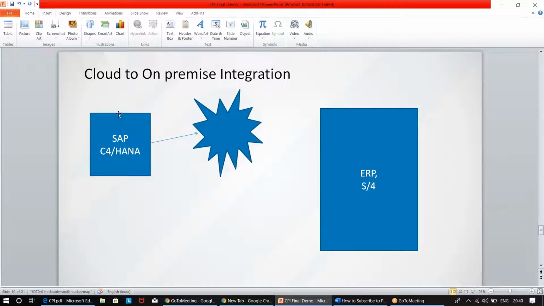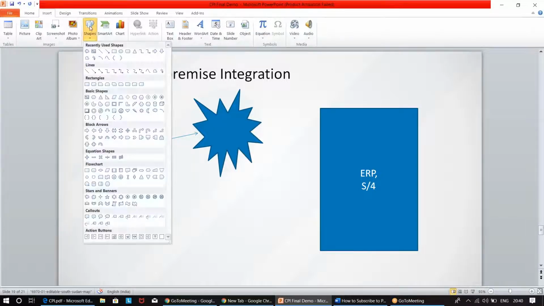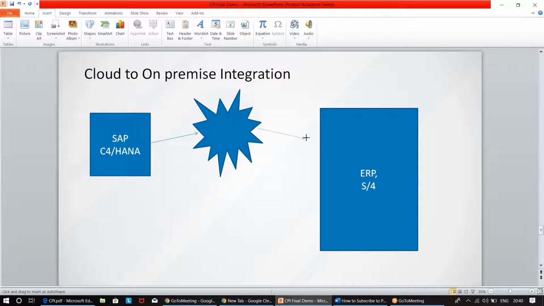Okay, so right now let me just draw this particular bit. In this particular case, SAP definitely is again a champion, because they know exactly how their systems are built. They know how we can easily expose the data in terms of your SOAP or your OData, or in case you have IDocs, because CPI also supports an adapter like IDocs. So this kind of use case is quite simple with your CPI, and this integration is